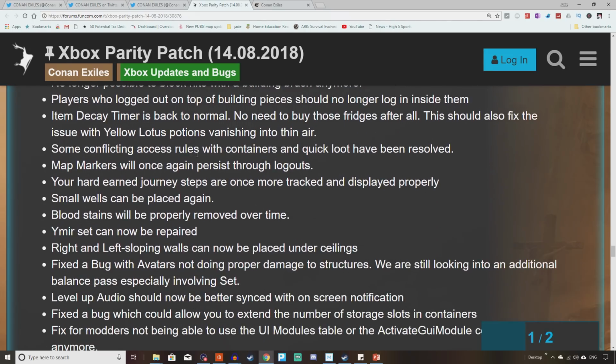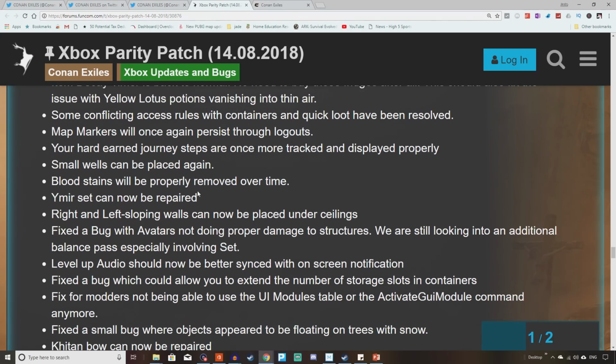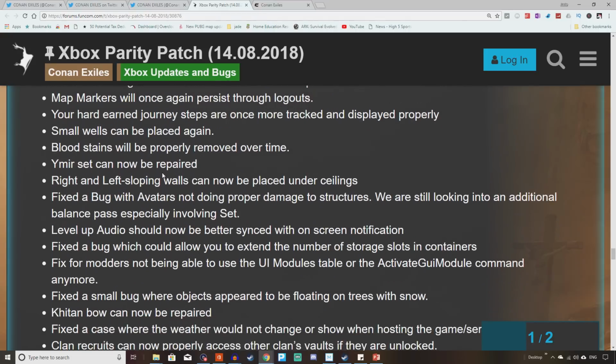Some conflicting access rules with containers and quick loot have been resolved. Map markers will once again persist through logouts. Your hard earned journey steps are once more tracked and displayed properly. Smart wells can be placed again. Small walls can be placed again, bloodstains will be properly removed over time, Umos set can now be repaired,